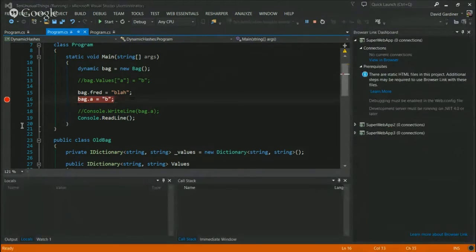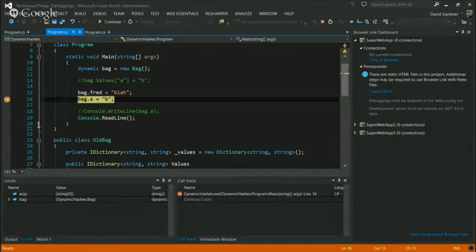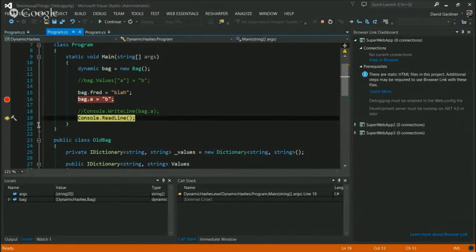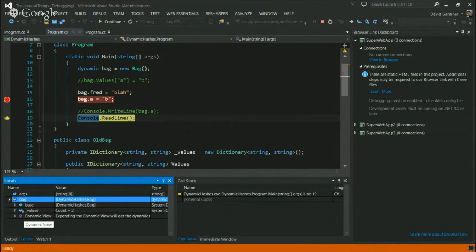Okay, we're running. We're going to break there. So we've just set our two properties. If we have a look down here, in 2013, we get our dynamic view. Okay, and we can expand that, and you'll see that it understands that there is an A property and a